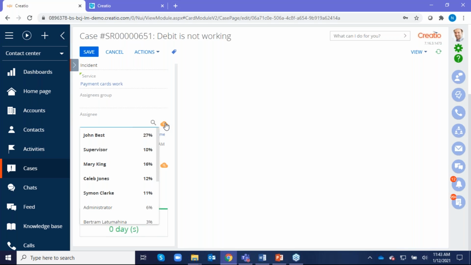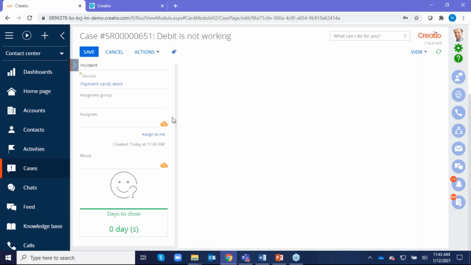Now, why is this helpful? Well, this is helpful in situations where you have contact service agents who are specialists in various product lines, right? So this is a good way for you to break it up into individual assignees. You can also break it up into individual groups as well. So any lookups that are available in here, you can do that.